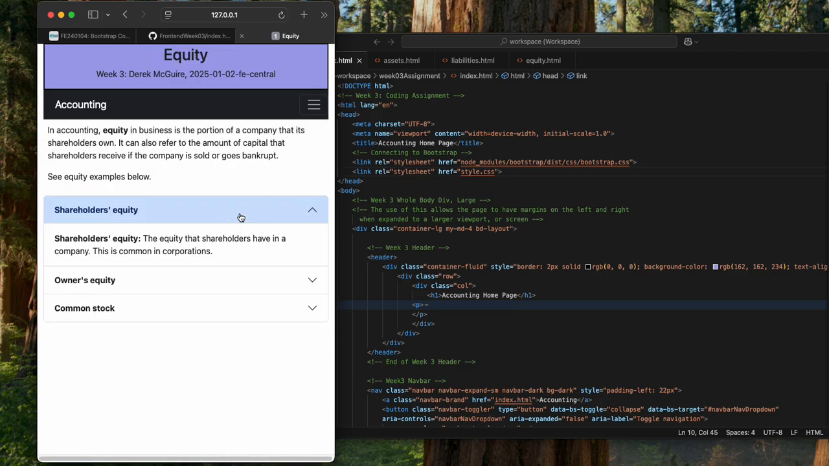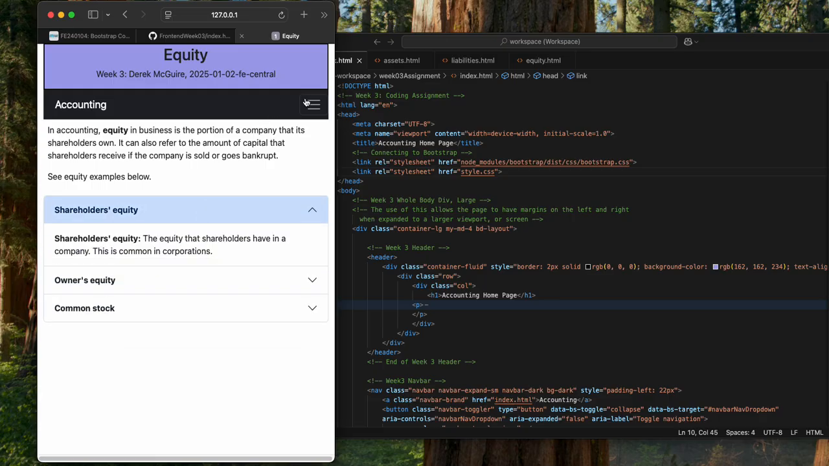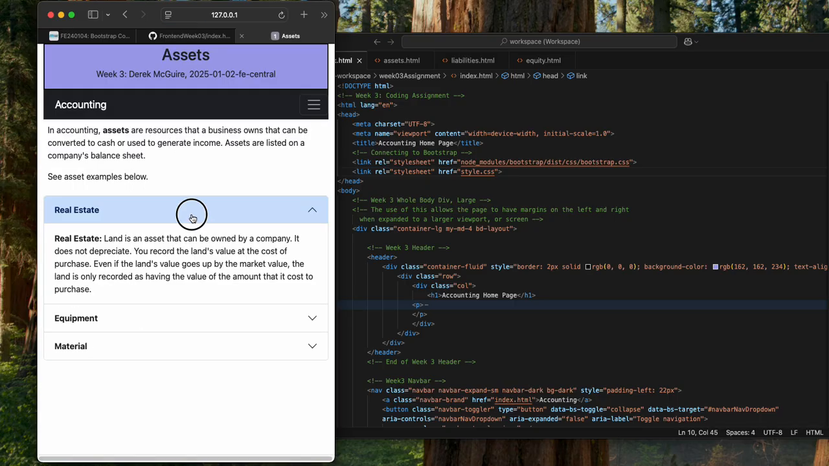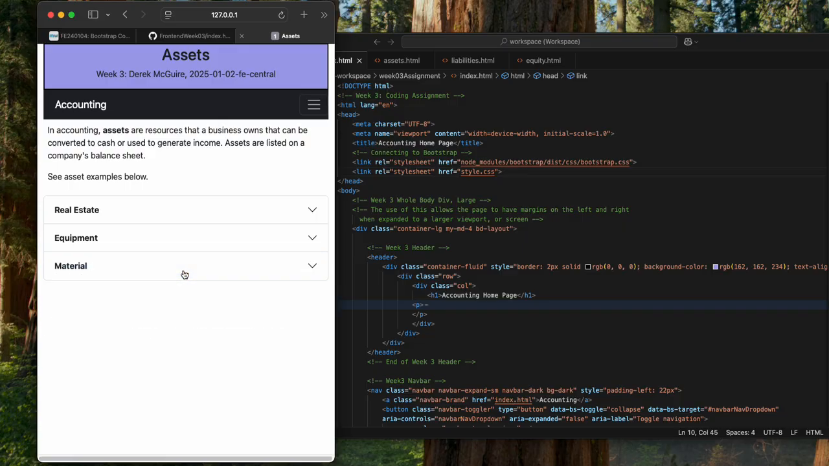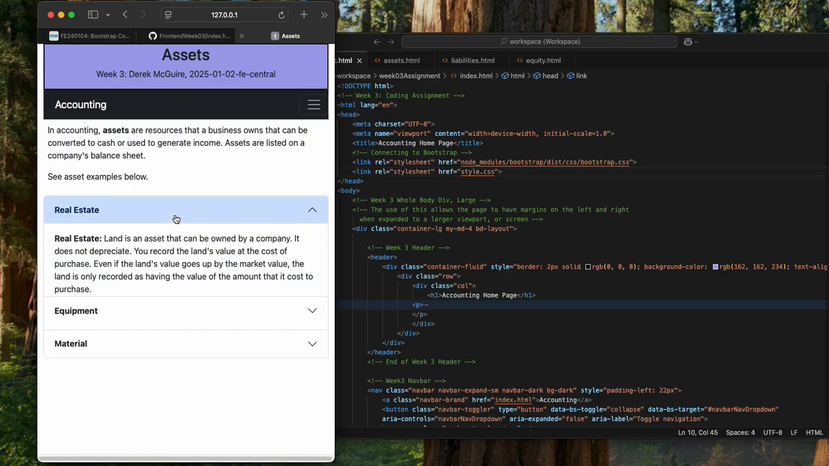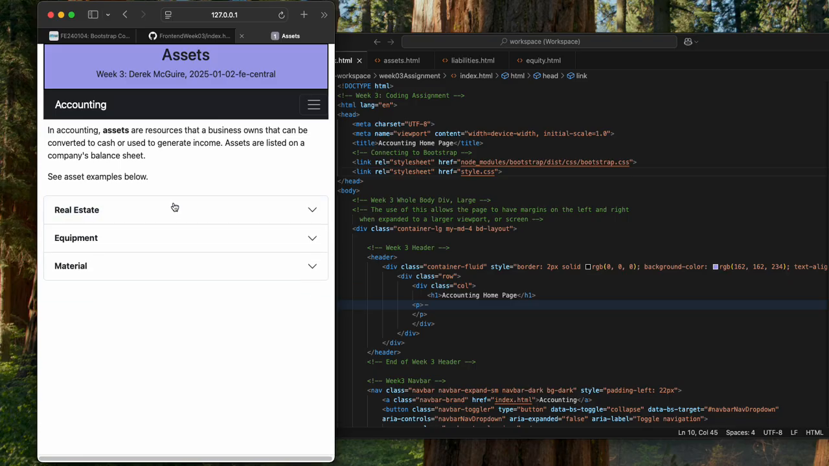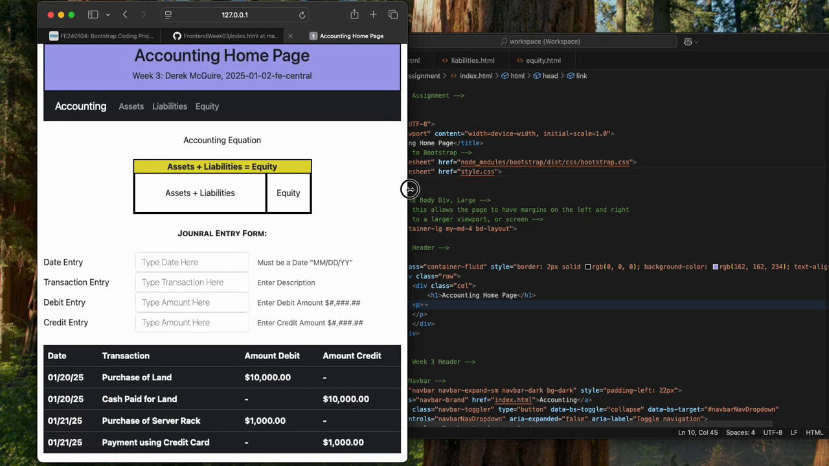Within these subpages of the liability, equity, and assets, this is an accordion that you can minimize or maximize and shows you one thing at a time to read. By clicking on the accounting, you go back to the home page, and here I have this accounting equation box,